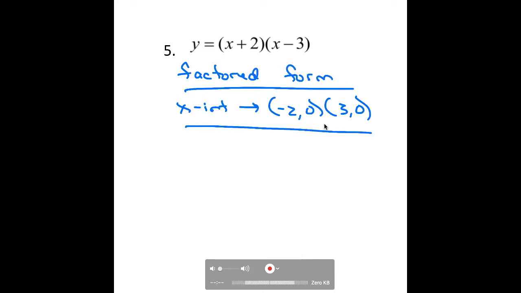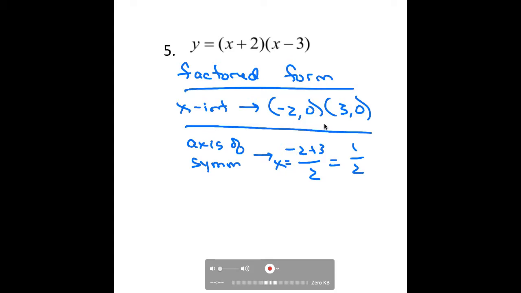Then we can also get the axis of symmetry, and to do that, what do we do in the factored form? Perfect. You just average them. So you take -2 plus 3 divided by 2, and x equals 1 over 2. That's fine. That just means it'll be in between 0 and 1 when we're finding our axis of symmetry,